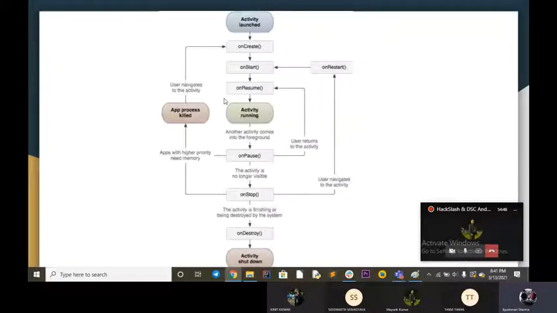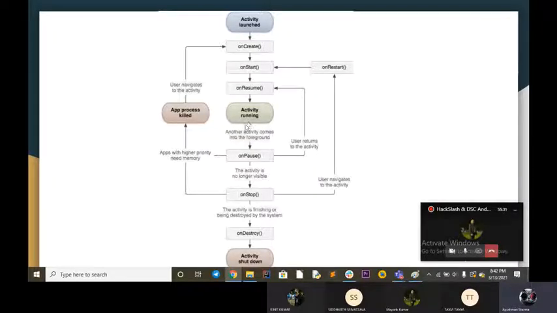So you open your application. Your application gets launched with a particular activity. Now it calls the onCreate function. Whatever is written in the onCreate function gets executed, and then it calls the onStart function. Whatever code is written in the onStart function gets executed, it calls the onResume function, and when the onResume function code gets finished, the activity starts running. This happens really quick, so you can't see it, but these things are happening inside that particular screen.